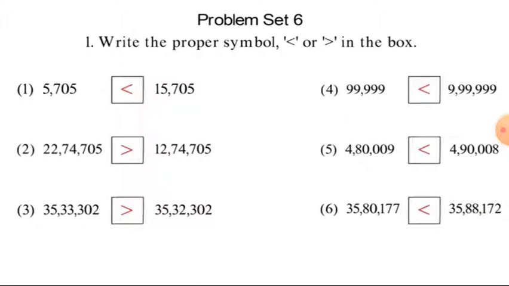Write the proper symbol, smaller than or greater than, in the box. Now students, here two numbers are given and you have to write which is the greater number and which is the smaller number. The first question is 5705, then the next number is 15705. So students, is 5000 big or 15,000? 15,000. So the greater than sign will be in front of